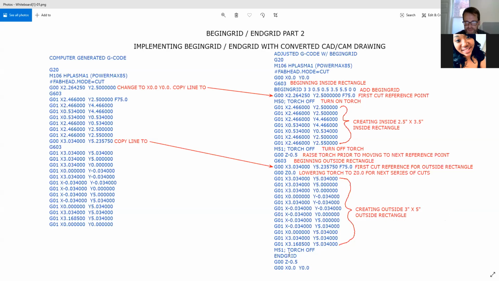All right. Here we are ending the grid subcommand. Raising the torch. And last,